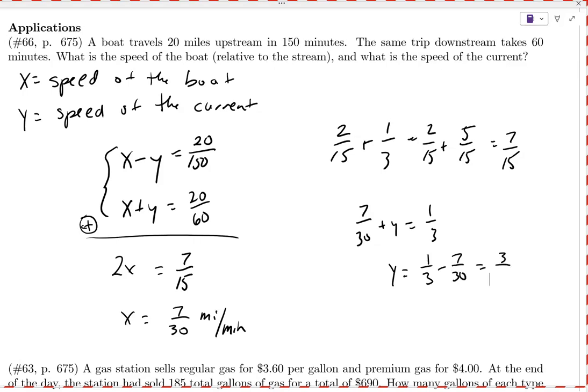I should get 1/10. Because I get 10 over 30. When I get a common denominator, 10 over 30 minus 7 over 30 gives you 3 over 30, so you'll get 1/10. Again, that's miles per minute. If you again wanted to convert that to miles per hour, you could multiply by 60 and you would get 6 miles